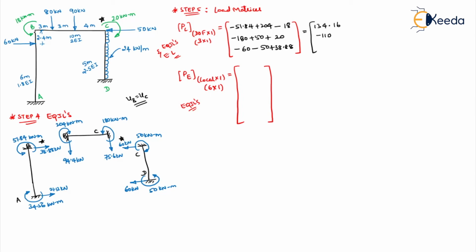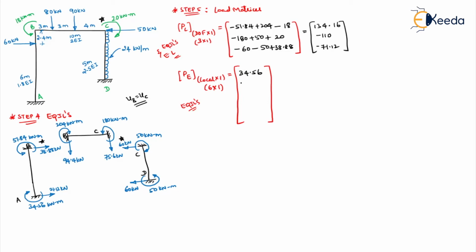Coming to here, there is no horizontal reaction or load at B, so that will not come. So this will be the value. So how much will you get? Minus 71.12. Now what are these local coordinates? So compare your local coordinate. All local coordinates are clockwise. So here if you observe, this is clockwise. So it will be starting from 1, 2, 3, 4, 5, 6 local coordinates. So start one by one.